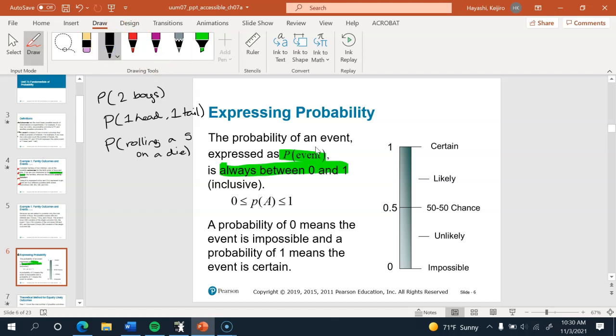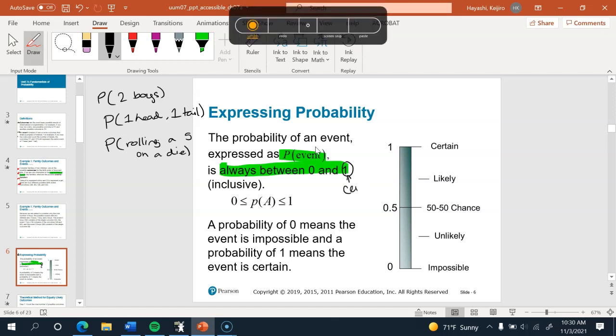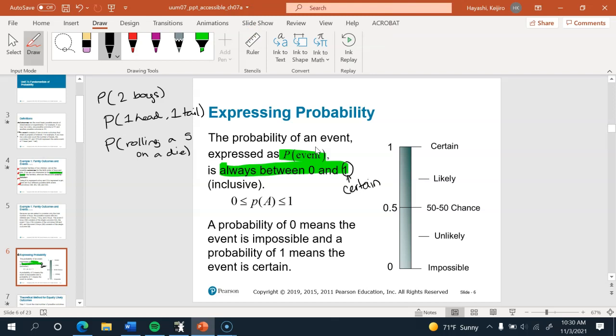That's because a probability of 1 indicates that something is certain to happen. Like, it is literally impossible for it not to happen. It has to happen. That's what a probability of 1 means. So you can sort of imagine why you can't have a probability greater than 1, because how can you be more certain than absolutely certain? And a probability of 0 means that something is impossible. It cannot happen.